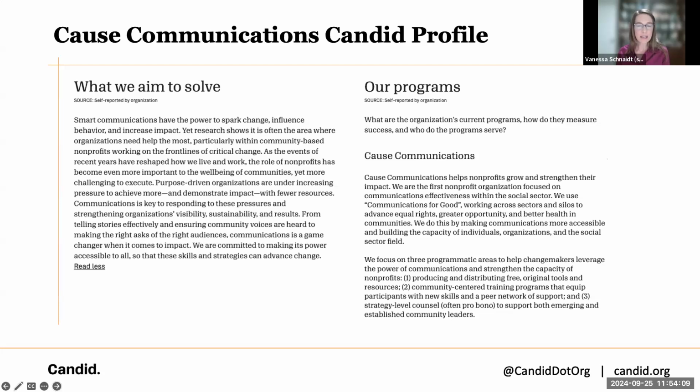Great. So here's a snippet from our profile where we describe the need for and urgency around the work that we do. As you can see from lines like "first nonprofit of its kind dedicated to communications effectiveness," we're able to highlight how we are unique. So again, we really see these as storytelling opportunities. And the specificity and the breadth go way beyond what you can glean from just the mission statement, which is often what you see in the Form 990. All right, next slide.